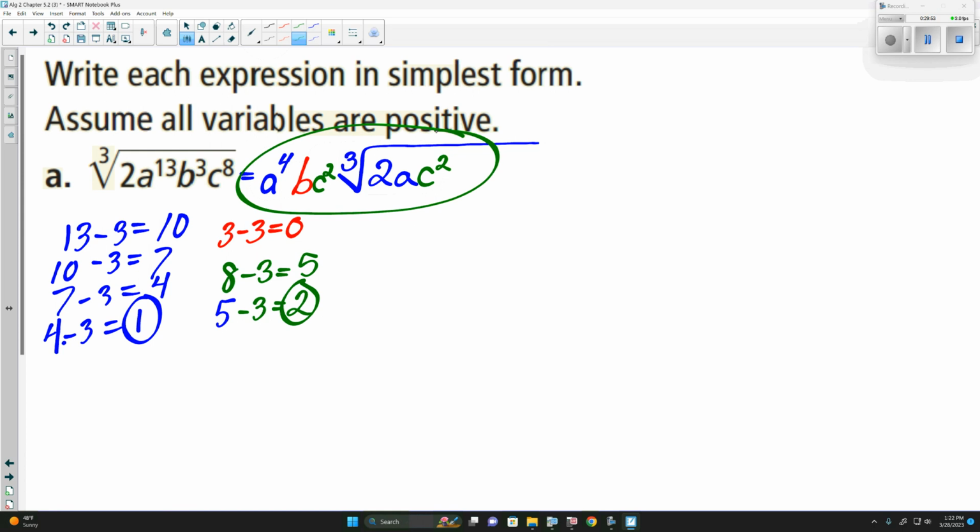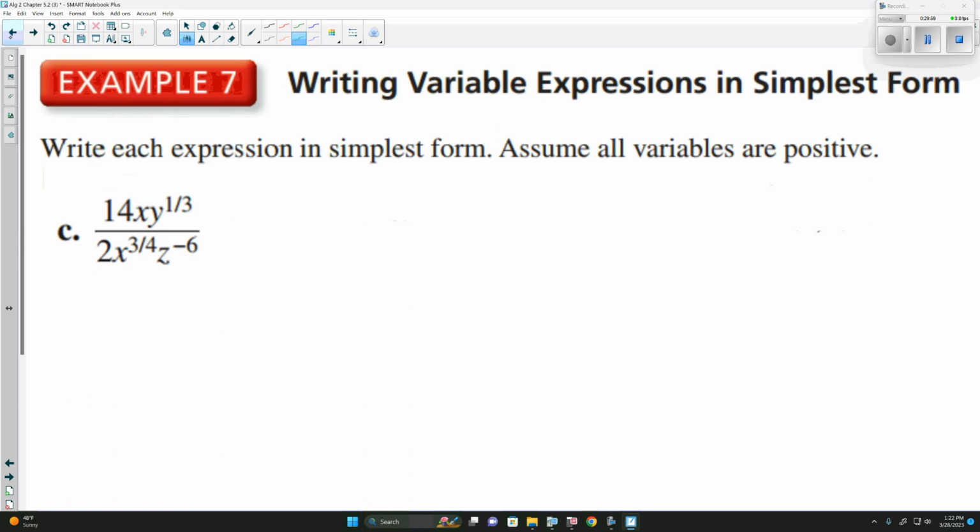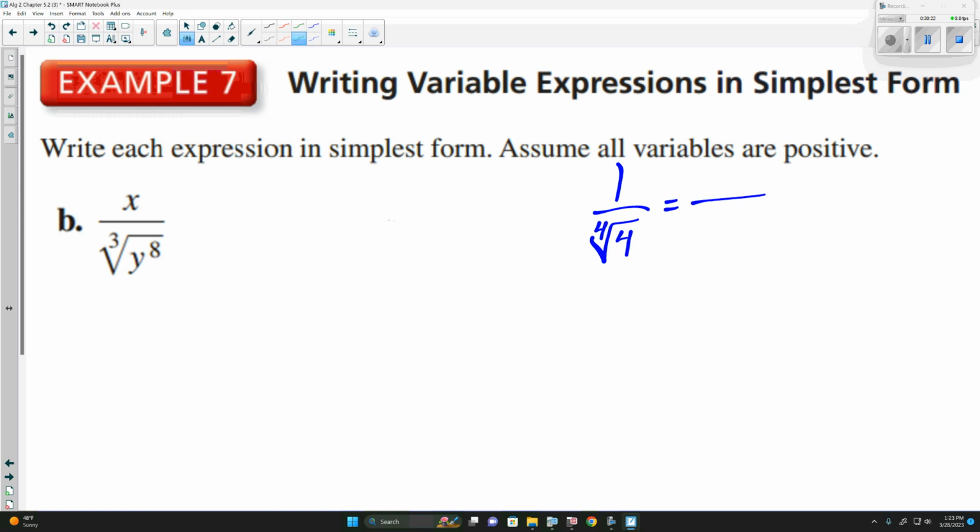Be ready for the next type. So we're going to go back to this one here. Now, this one here, we've done something similar to it because we did some of these yesterday where we talked about rewriting the 4th root of 4. We had 1 over the 4th root of 4, and we rewrote this as 1 over the 4th root of 2 squared, and we're trying to simplify that radical. We're doing the exact same thing here with variables,